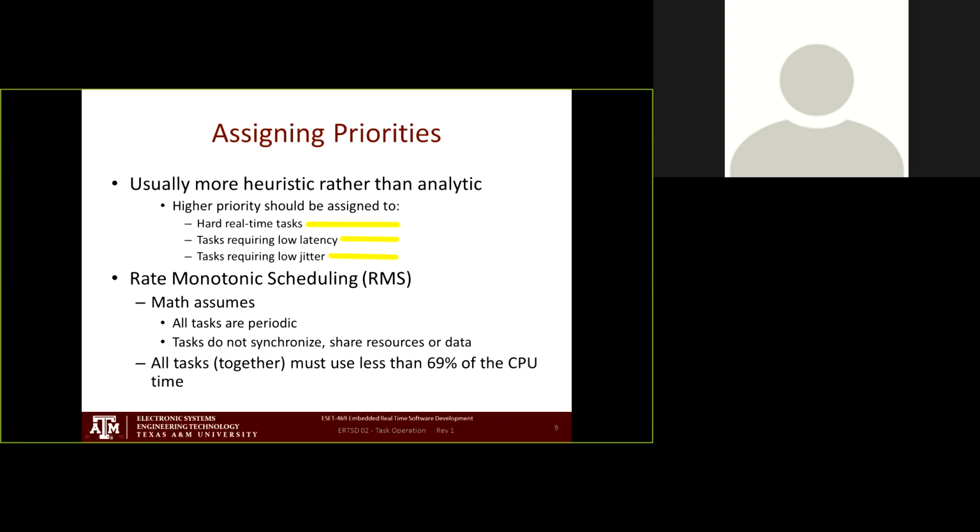And well, one of the other things that would be an indication of assigning a higher priority to a task is that it requires low jitter. And by jitter, what I mean is that let's say I have a task that is timer based, and so it's going to start every 100 milliseconds. If it starts at 100 or 101, everything is okay. If it starts one time at 102 milliseconds, and the next time at 99 milliseconds, and the next time at 103 milliseconds,